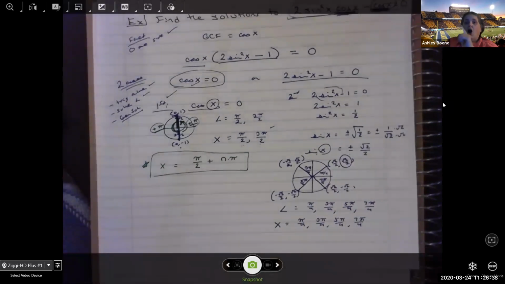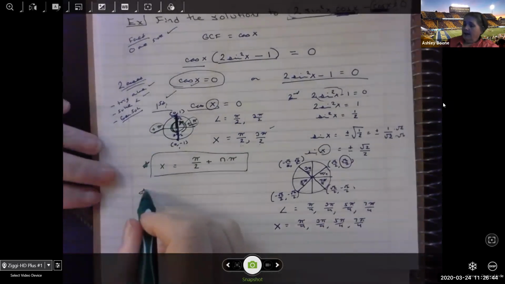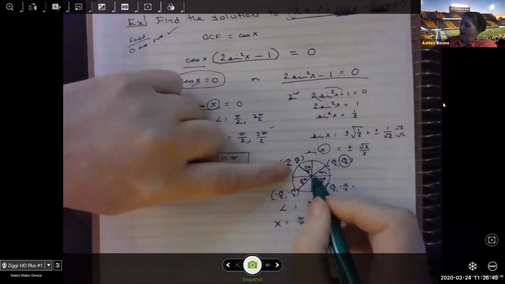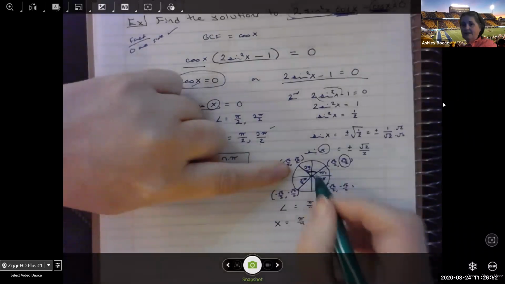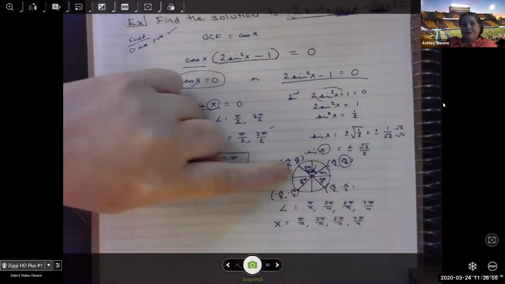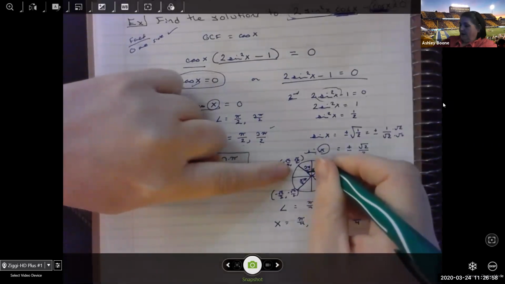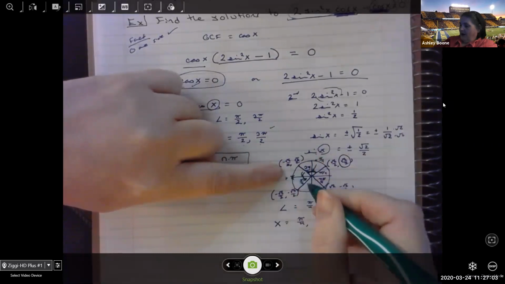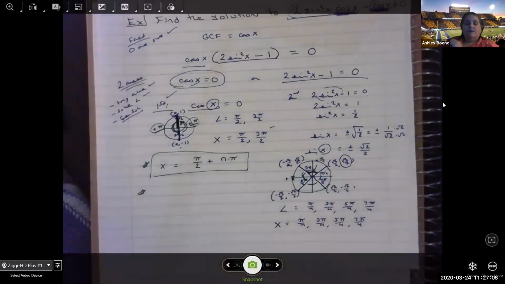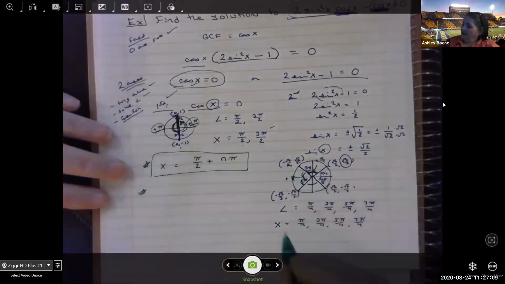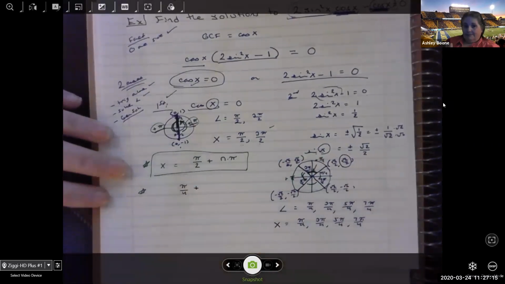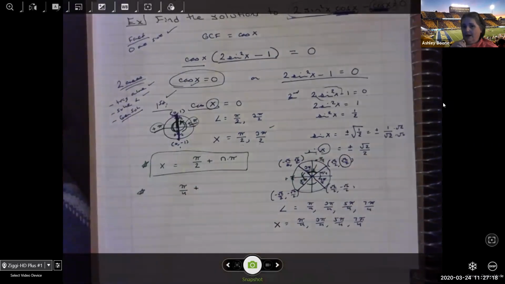Now, general solution. Let's think the same thing. Are these equidistant from each other? If they are, we can write it in one case just like we did the last one. They actually are. Notice if you went from pi over 4 to 3 pi over 4, that difference right there, that is 1/4 of a circle, or pi over 4. That's an increase of pi over 4. From here to here, that's an increase of pi over 4. All of these are equidistant from each other. So if I start at pi over 4